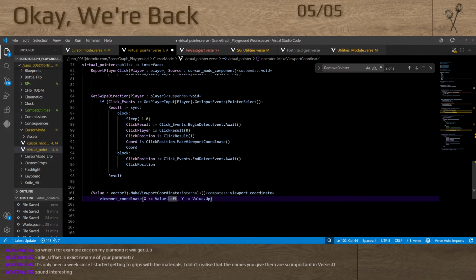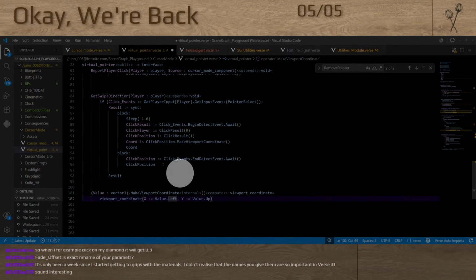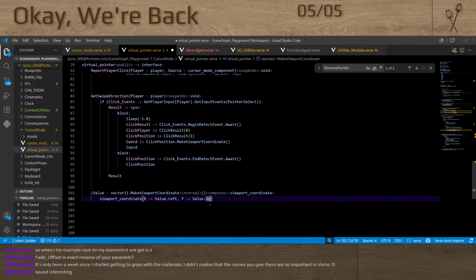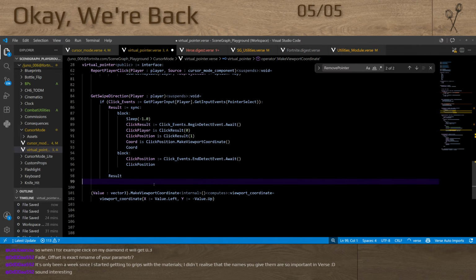Actually, it starts here in the corner. I'll later make this into something better, because it starts here in the corner. Then left is fine, and then up is negative. Up is negative, so there should be a negative value up. Okay, so you could do this,